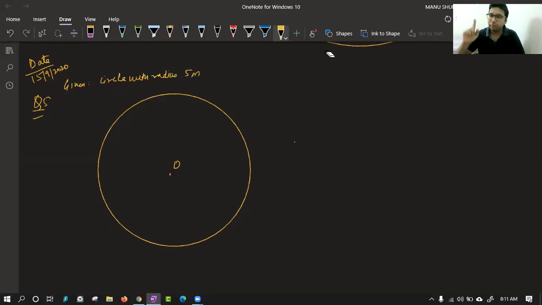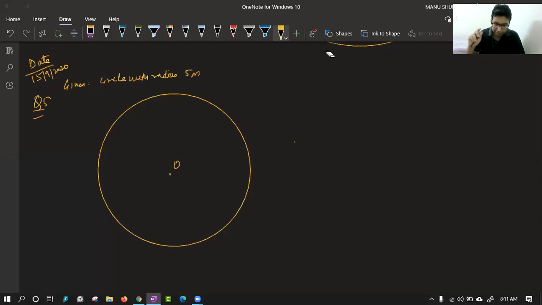There are three girls. I am denoting them by R, S and M: Reshma, Salma and Mandeep. Reshma throws a ball to Salma, Salma to Mandeep and Mandeep to Reshma. So they are forming a triangle. One thing is clear in our mind: they are forming a triangle. Now we have to understand how this triangle will fit in this circle for the rough diagram.